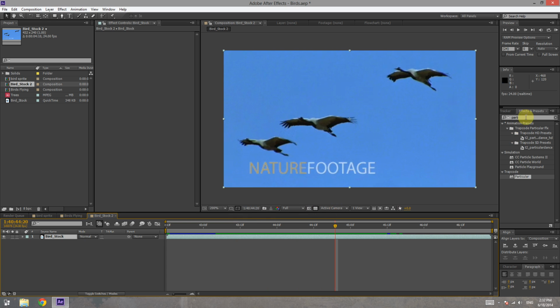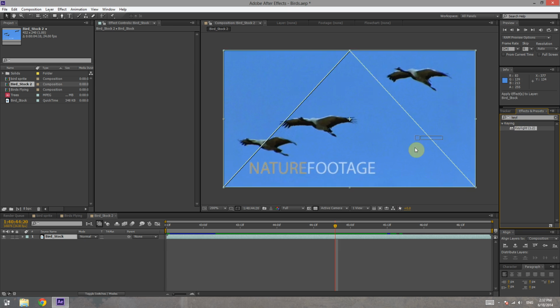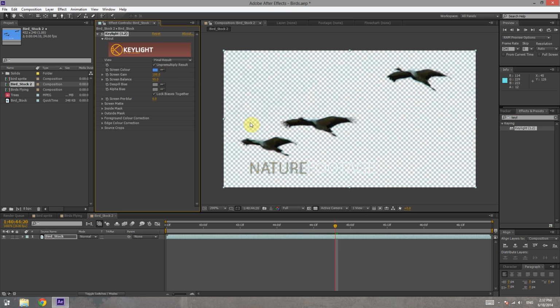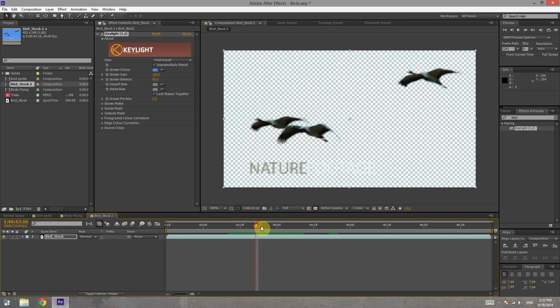But before I get into that, I'm going to come over here to my effect panel and type in Keylight, if I can spell that correctly, which is going to key out the background. So just drag that on top, hit the eyedropper here and select the blue, and boom, sky's gone and you have transparency. But as you can see, the bird crosses over the one in the background, which makes it hard